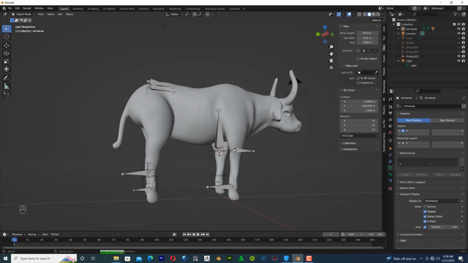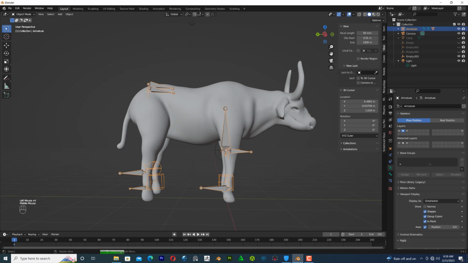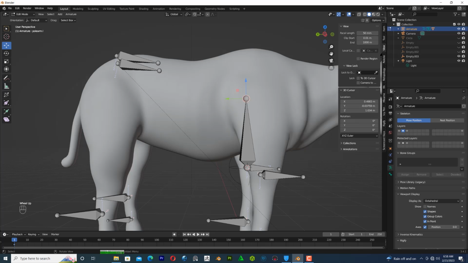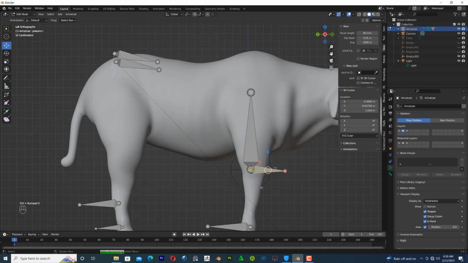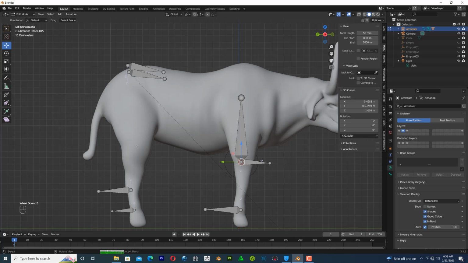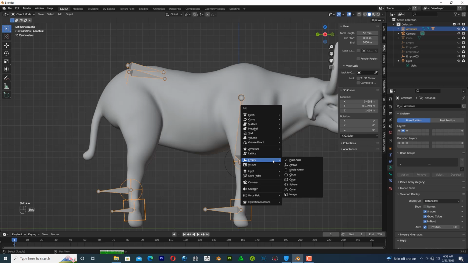No, select this one here, edit mode, Shift S, cursor to the selection, and then we come to the object mode, Shift A, we're gonna add a sphere here,